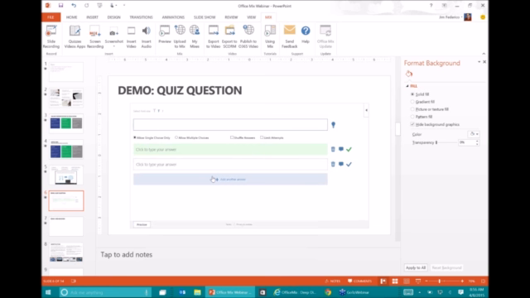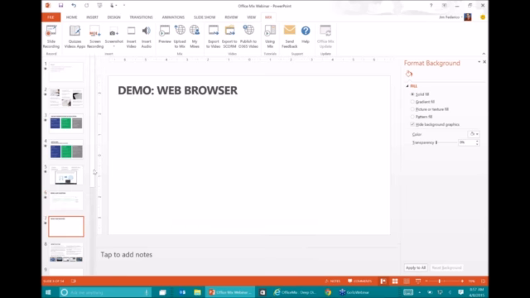Now the key thing to know here is it's pretty simple, provided your keyboard works. And it's a PowerPoint object. So the skills that people have, 1.5 billion of us have in how to use PowerPoint, transfer perfectly to how to use Office Mix. So the next thing I thought I'd demo is